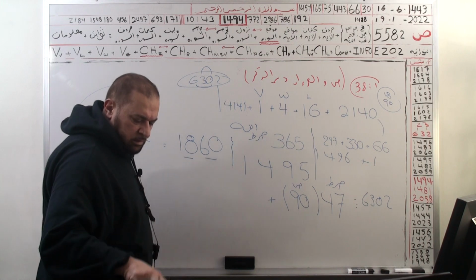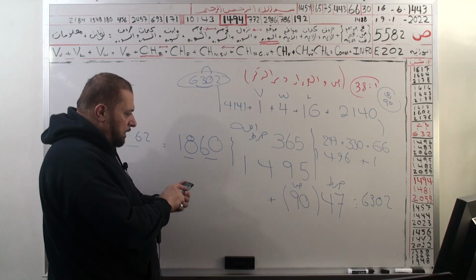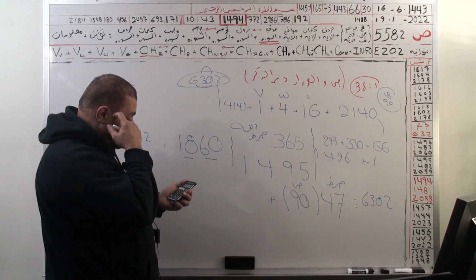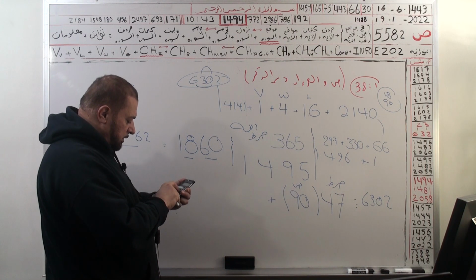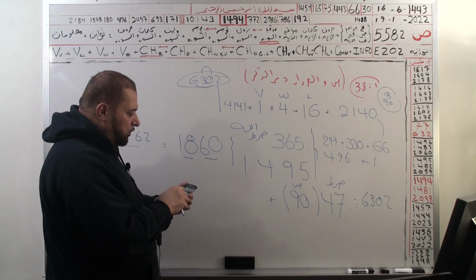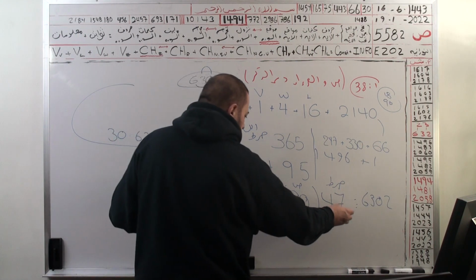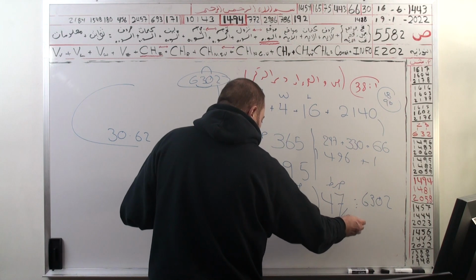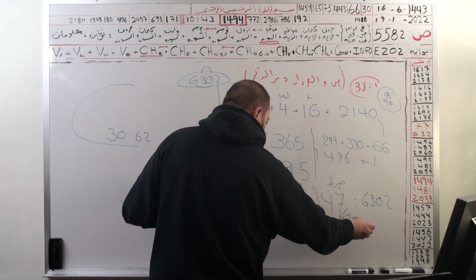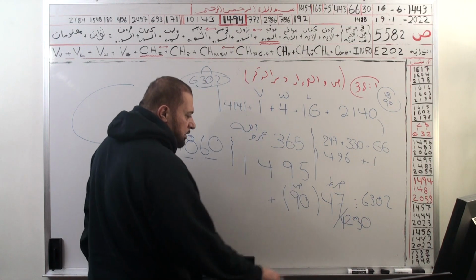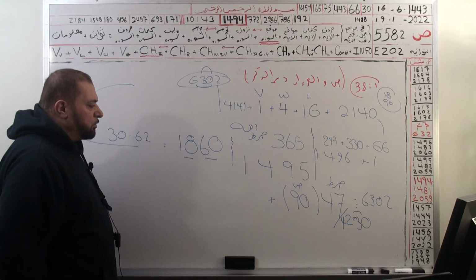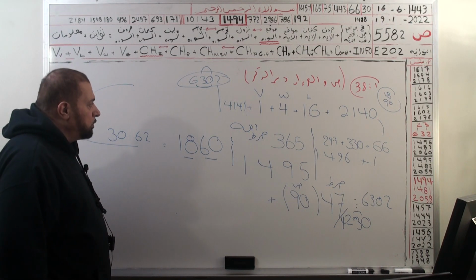Okay, how much does this add up to? So we have 6302 in the memory. 47 times 90, 2430. Look at this number here, 42930. Also, I want you to notice that 30 represents the word for Allah Almighty, and 42 is the path